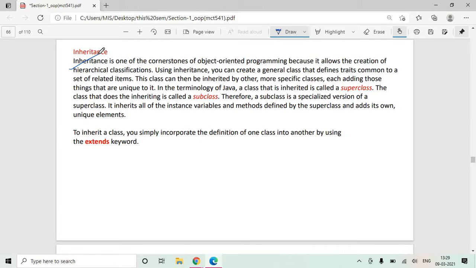Now let's say you want to develop a software module for two cars or two companies. Let's say you want to develop a module for Maruti car and Hyundai car.